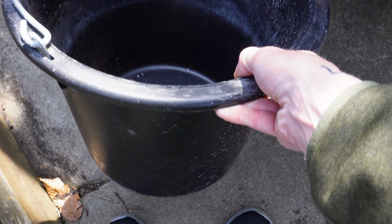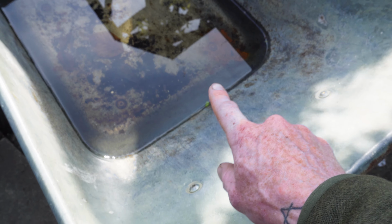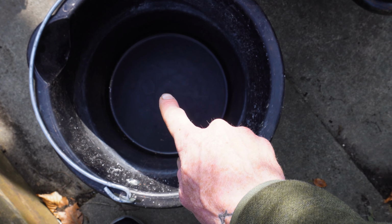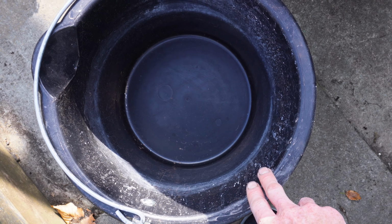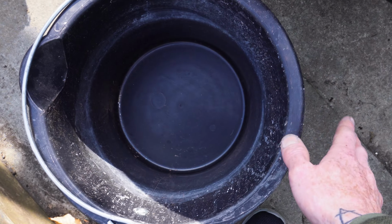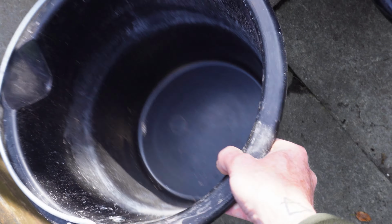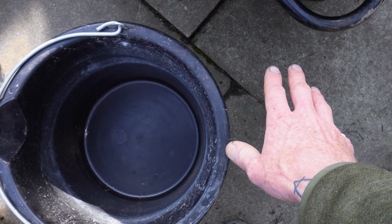So I got myself a big bucket. This holds probably about 20 litres of water, and we've got a wheelbarrow here which has been collecting rainwater because we've had a few rainy days. That's going to get tipped into here. I'm then going to introduce the spore slurry, and like I said, I'm then going to dilute this between another bucket, and I'm going to spread that all around the garden. One bucket worth anyway, and the other bucket is going to get bottled up and then spread in some wild areas, because in that spore slurry, which is just over here,